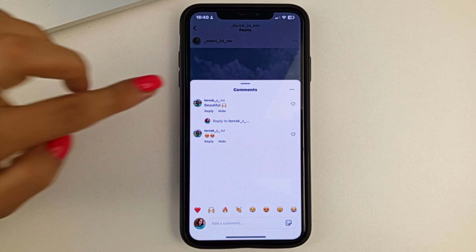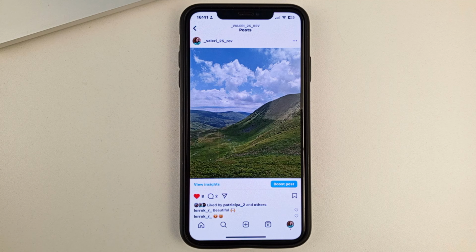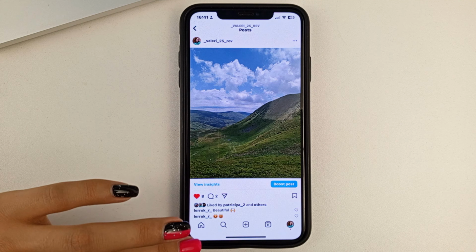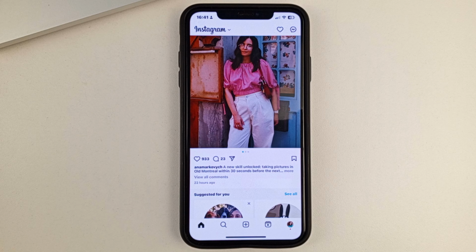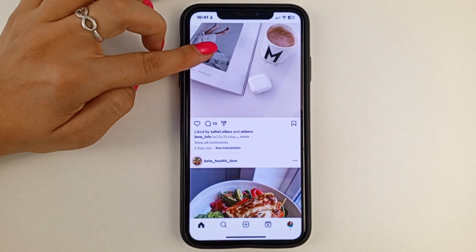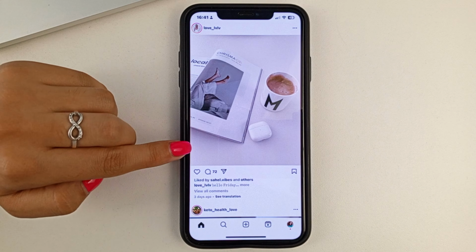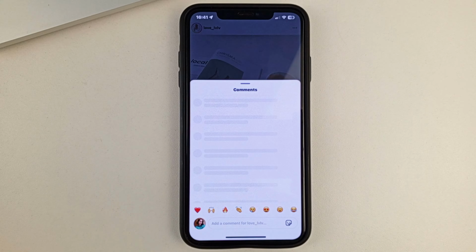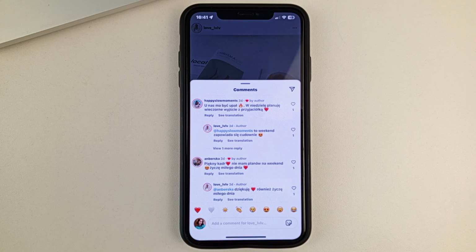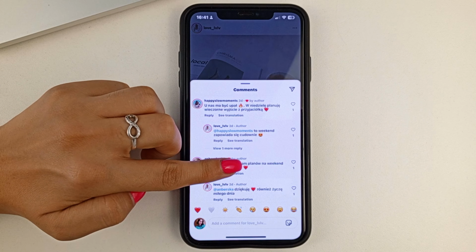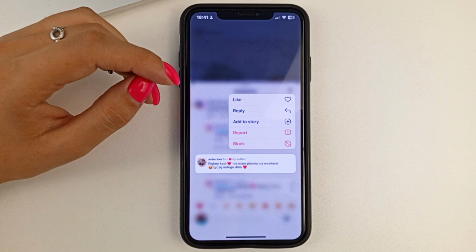So what if you wanted to add, for example, someone else's comments, which is someone else's comments under someone else's post? It is basically the same easy thing to do. To do this, select the post, then go to Comments, and then click on the comment or swipe on it.